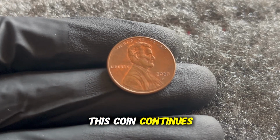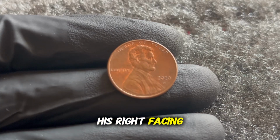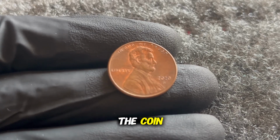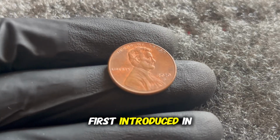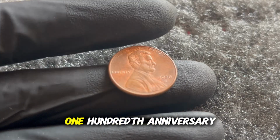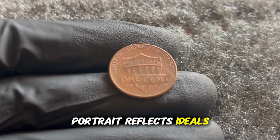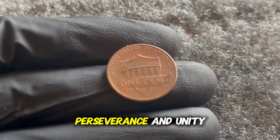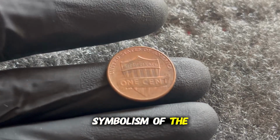This coin continues the long-running Lincoln cent series honoring Abraham Lincoln, whose right-facing portrait appears on the front of the coin, a design created by Victor David Brenner and first introduced in 1909 to commemorate the 100th anniversary of Lincoln's birth. The portrait reflects ideals of leadership, perseverance, and unity, values that remain central to the symbolism of the coin